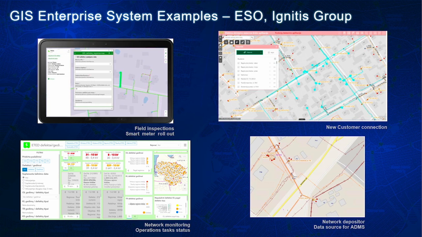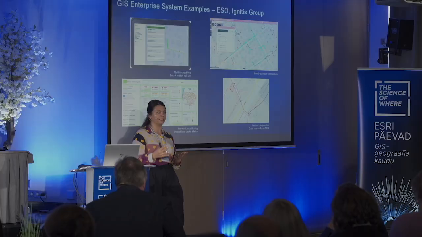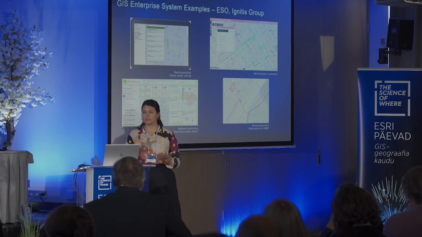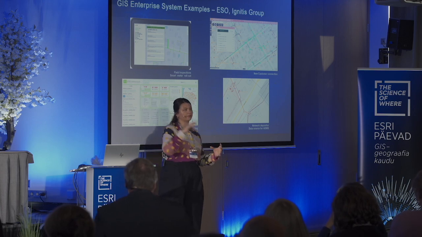And once they kind of hit the ceiling, they made the big jump into the gas-based network management solution. So they modeled the gas system in the utility network. As the time passed, they realized that now they can actually start moving their electric system in the utility network. And as of last week, I was talking to them, they're nearly live with their utility network for electric distribution system. It takes time, of course, but they're also now integrating their ADMS with their utility network. And so now they can start figuring out these applications that help them to, for example, do the network depositor data source in GIS for their DMS system.